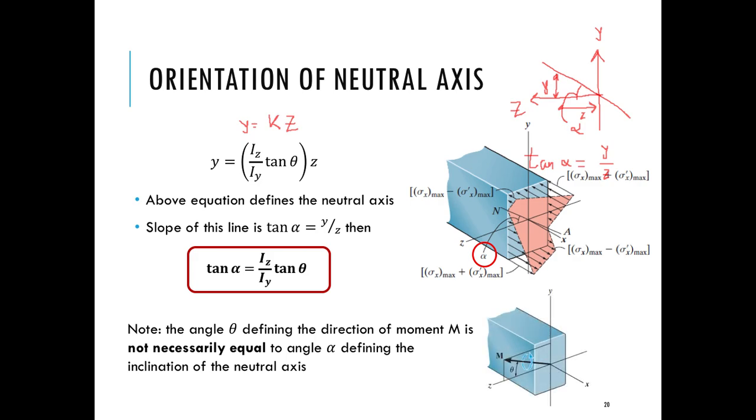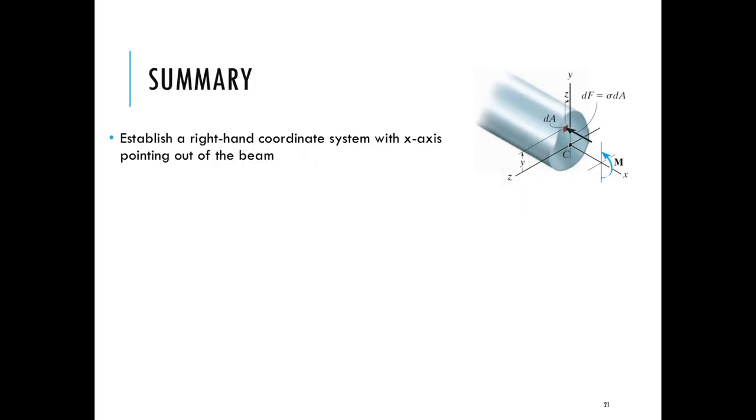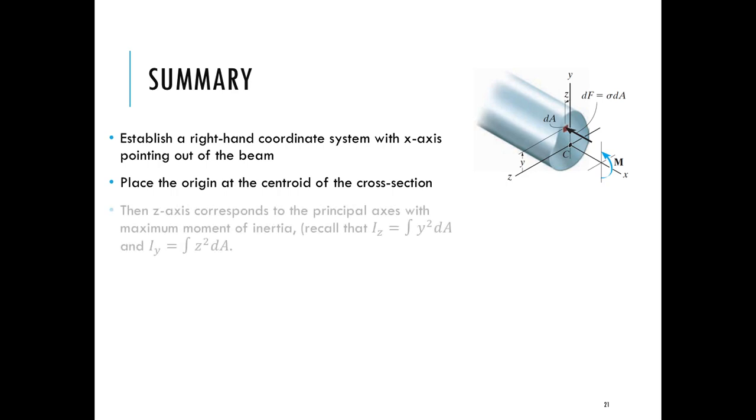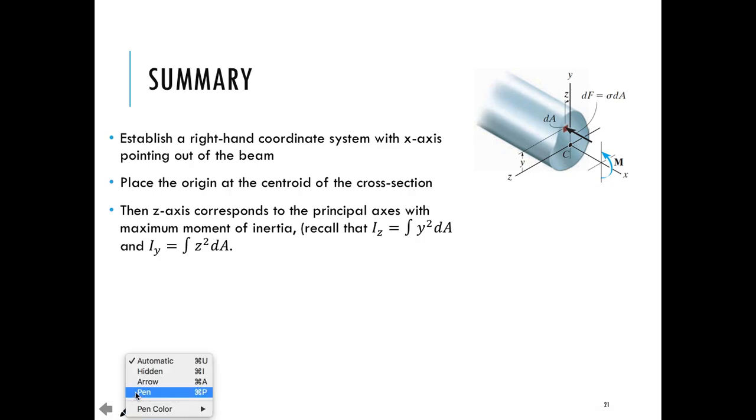Okay, so just to summarize the entire procedure for unsymmetrical shapes and for arbitrarily applied bending moments, what did we do? So first of all, we established a right-handed coordinate system with the x-axis coming out of the beam. We placed our origin at the centroid of the cross-section. We aligned our y and z axes along the principal axes of the beam, following the convention that the z-axis corresponds to the largest moment of inertia. ठीक है, ये convention को follow करना ज़रूरी है. And if we do that,